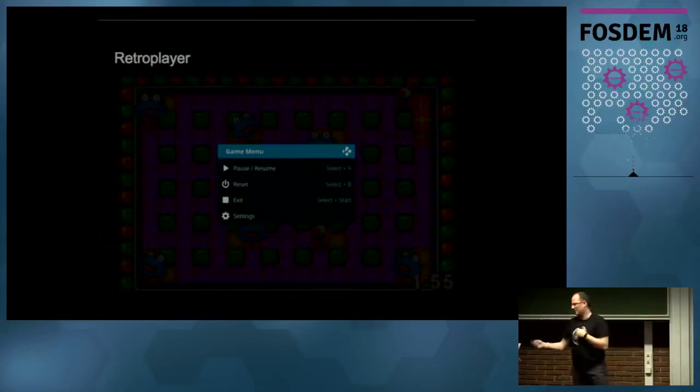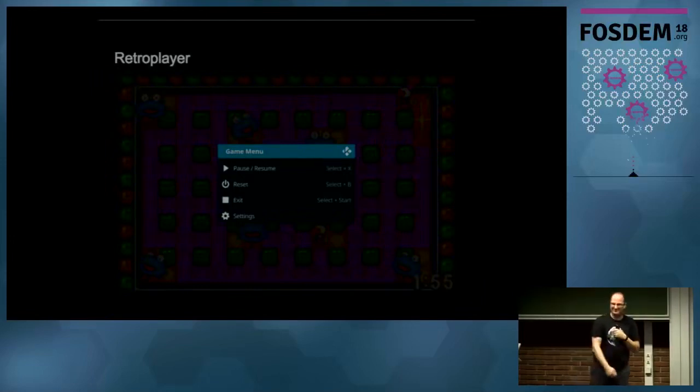So here's just a default game which is included, Bomberman. So you can just start playing, pausing, rewinding, and play from that moment again. So it's like an instant cheat code. If you play Super Mario and you die, you just rewind and start again from that point, and you continue playing.